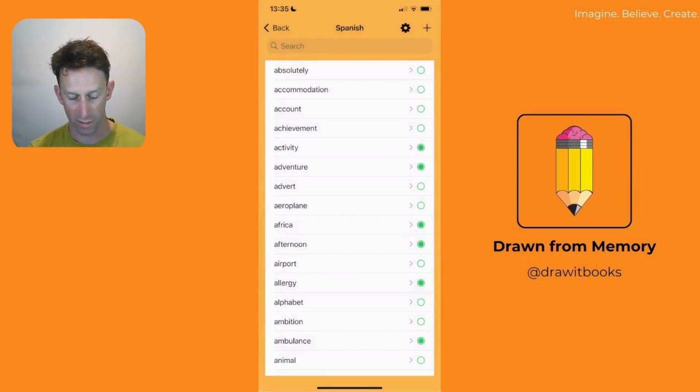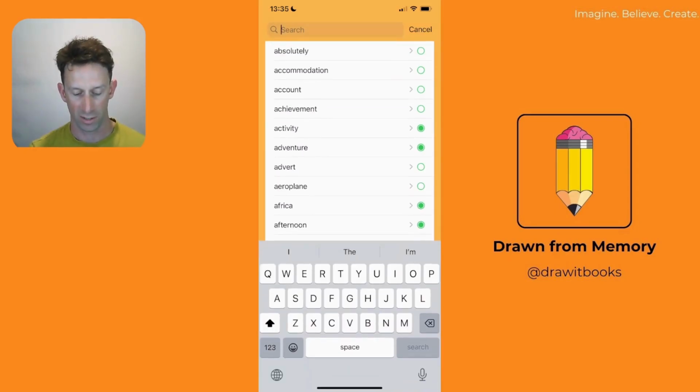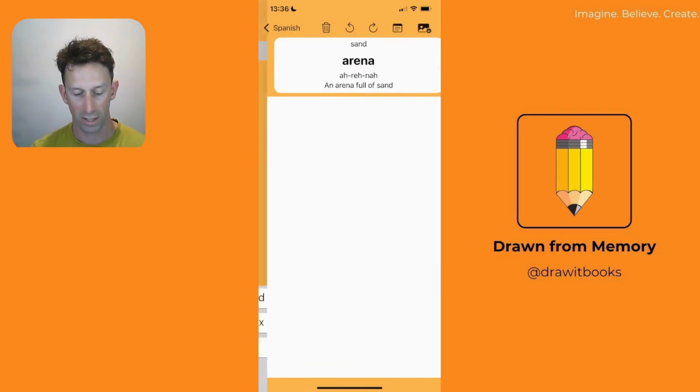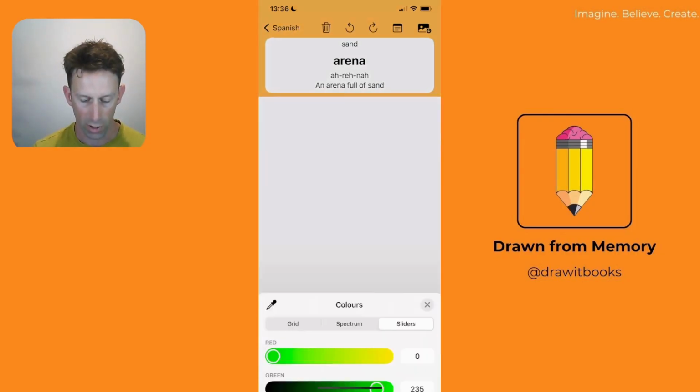So we press save, and now if we type in sand, we can see it's got this little blue dot that helps us identify that we added that word and that it appears on the list. If we don't want it there anymore, we just slide across, we press delete, and it will go away. But what we can do is we can click into it and we go, oh great, so I want to learn the word